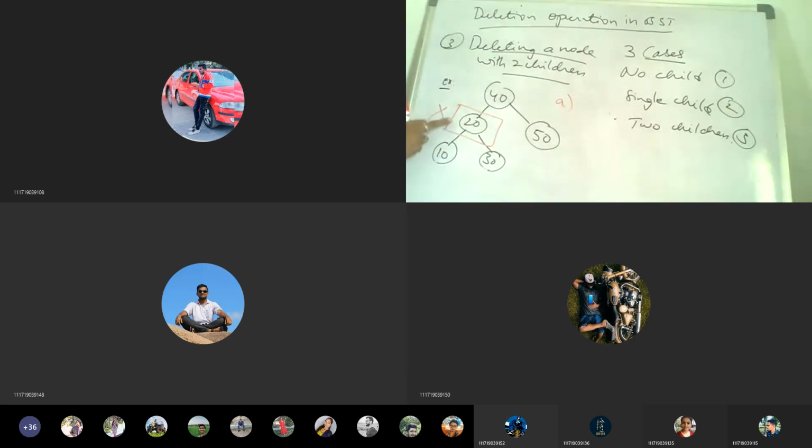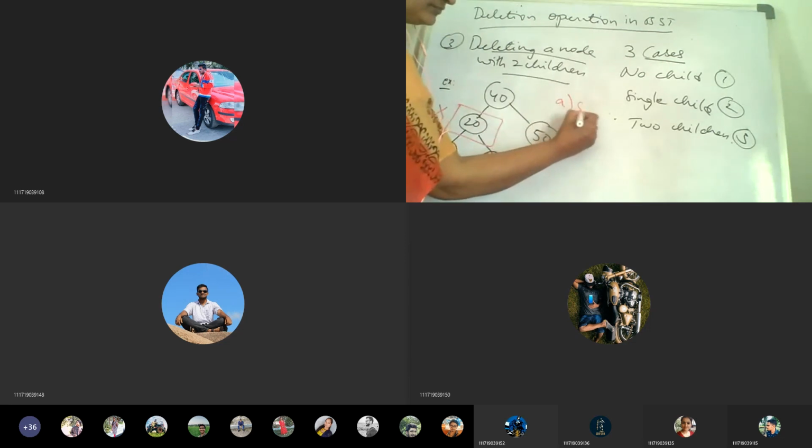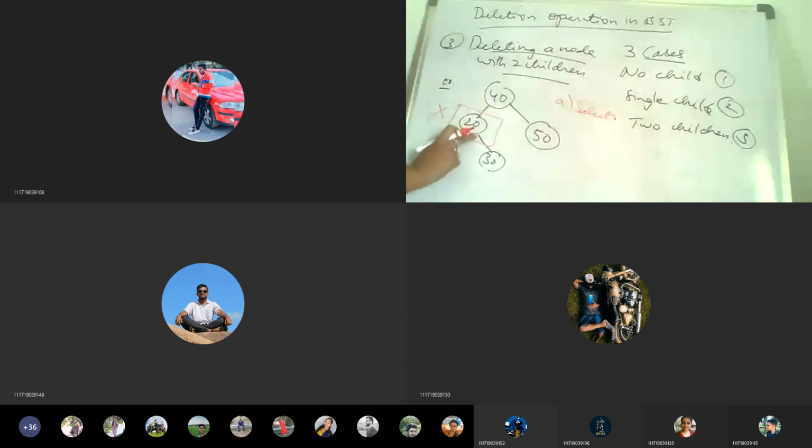So here, when the node you want to delete has two children, what is the first thing we have to do? You have to select. This has to be replaced either by the left child or the right child. When the parent is deleted, this position cannot be completely deleted, otherwise the whole part below would be deleted. So to avoid that, in the parent's place, one of its children should occupy that place. Which one should occupy it?